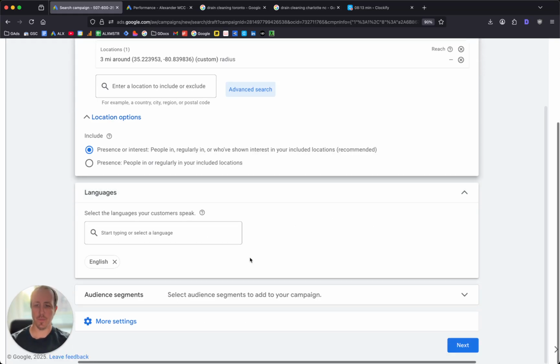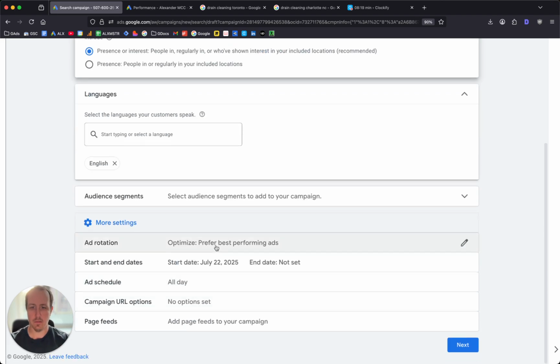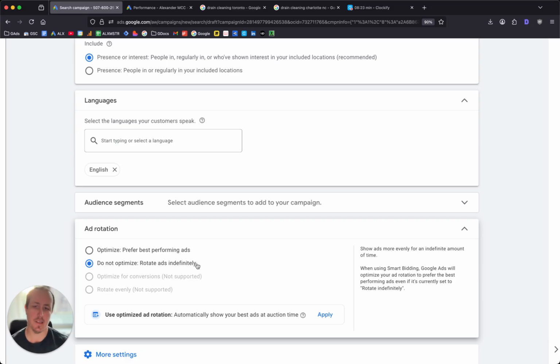Click save. Languages, leave as English. Audience segments, you can leave at this point. And under more settings, go ahead and choose do not optimize, rotate ads indefinitely. This is because this allows us to basically duplicate our ad in the ad group and run a split test